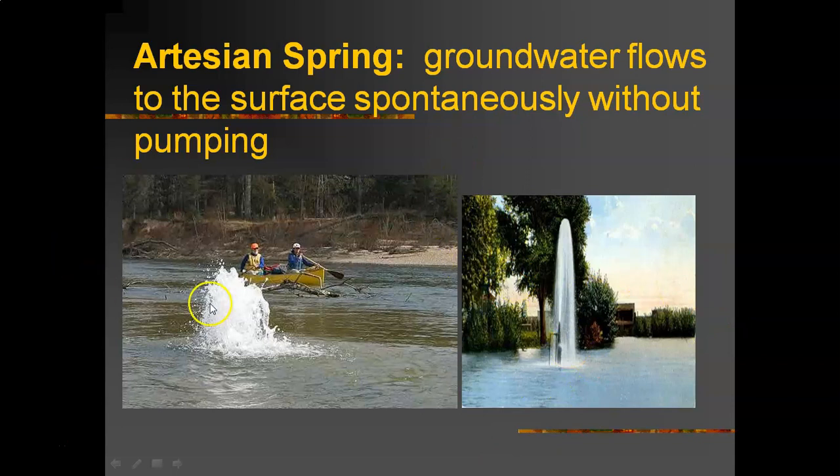So can you imagine canoeing in a river and you see this, right? That's artesian water flowing. It's an artesian spring. Now, a lot of people are kind of surprised by the definition: it can flow to the surface without pumping. That word artesian is one of those nice words, almost like French words. They sound so lovely, not Cajun though. But it sounds as nice as the true French dialect.